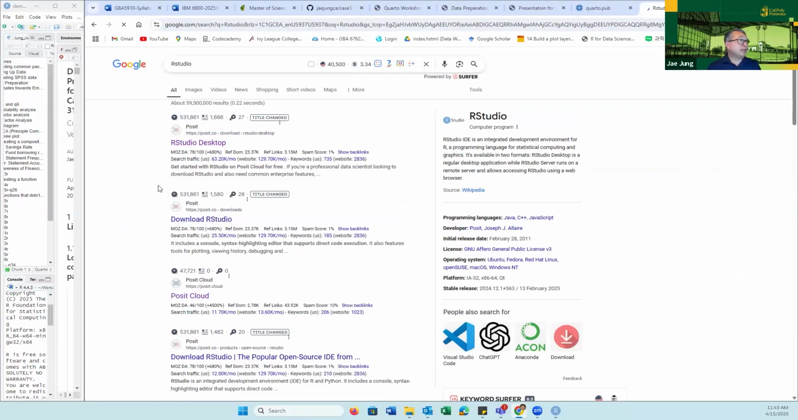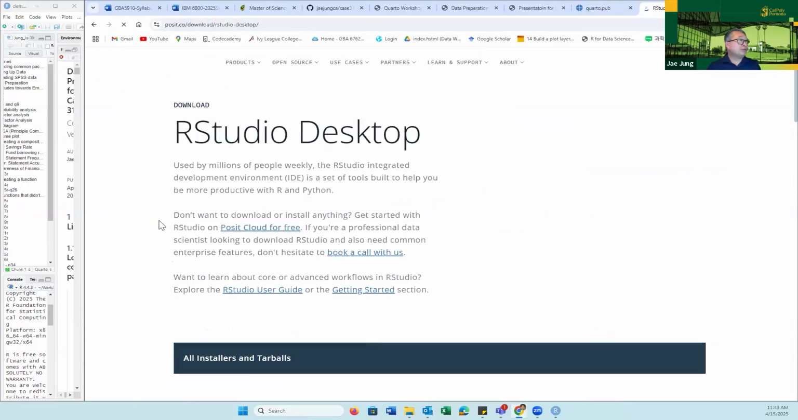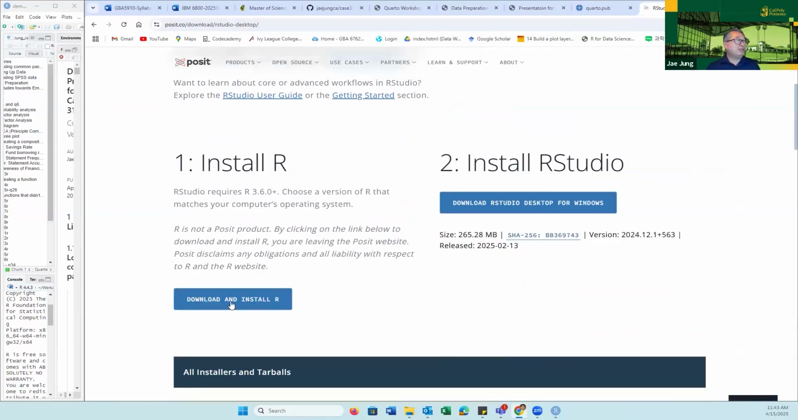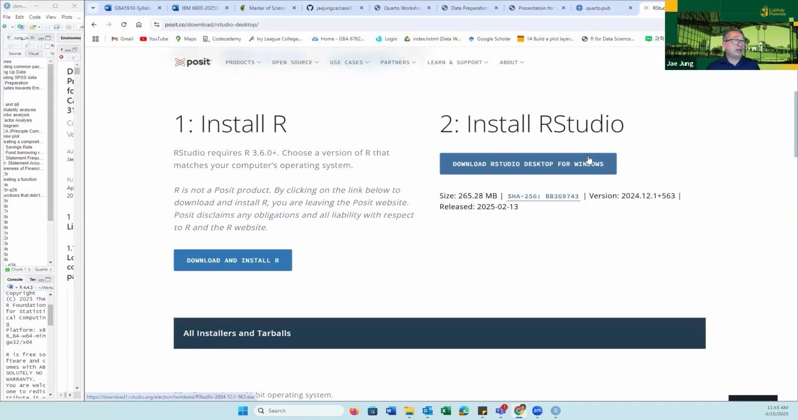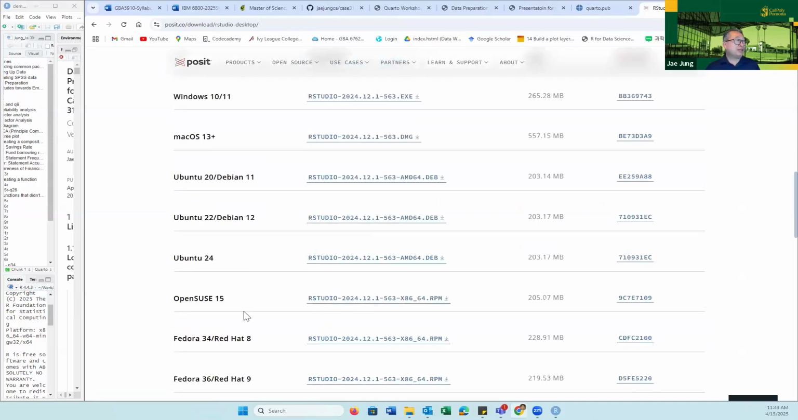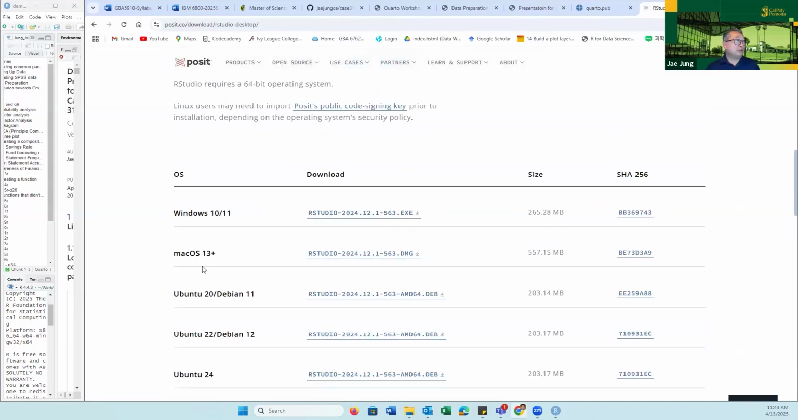Here's RStudio Desktop. That's the first one that shows up. And it even tells you that in case you haven't installed R, you need to install R first. Then after that, you can install RStudio, and there are some options depending on your system, Windows and Macs, that's what most people use. So once you install that,